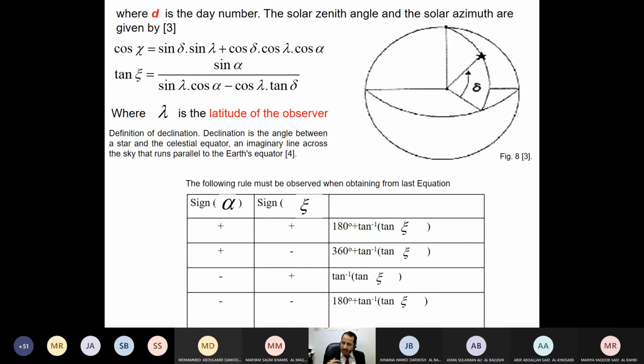Now, what does the equation say? Cosine x, which is the zenith angle, equals sine delta sine lambda plus cosine delta cosine lambda cosine alpha. Easy to remember. Sine delta sine lambda plus cosine delta cosine lambda cosine alpha. You can remember it very easily. Now here we can't calculate x, but we need to provide this information. We will see how we provide them. And another formula is used to find the azimuth angle. Tan azimuth is sine alpha